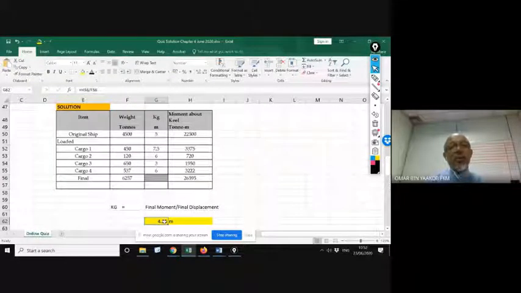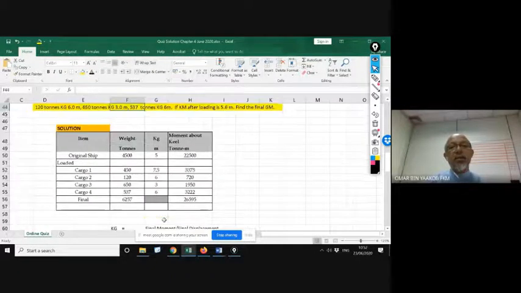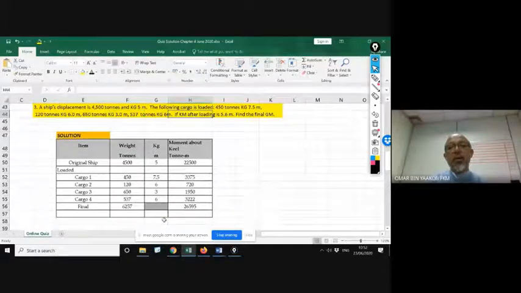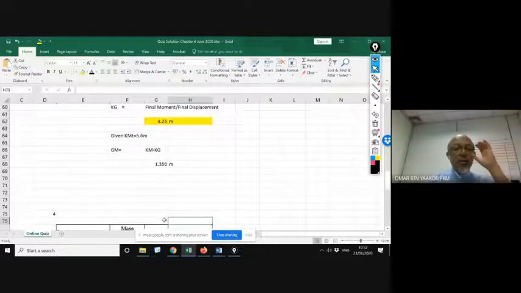So it is this one. See the formula here? H56 divided by F56. So you get this 4.25. Since you know the given KMP is 5.6, it's given here. If KMP after loading is 5.6 meters, find GM. So you get that. Okay, and the final question,